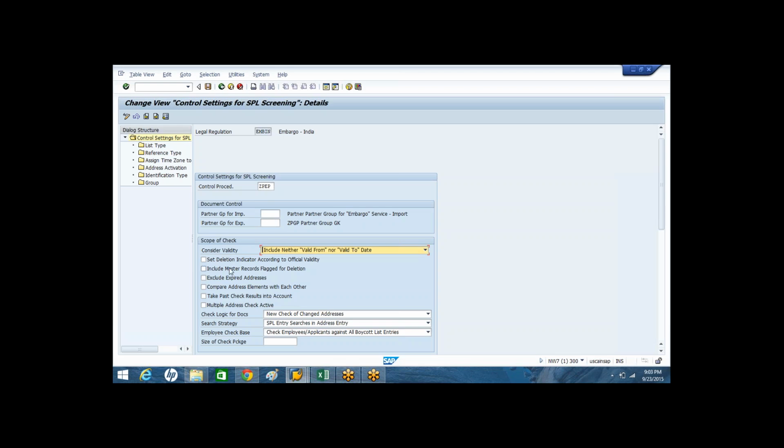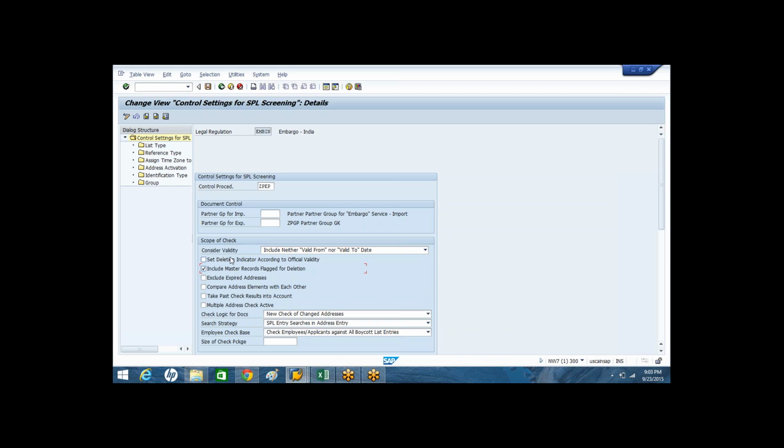And the next thing is including the master record for deletion. As you know, in our business process, there may be different business partners who are flagged for deletion. I think many of you are aware of that. You can give a deletion indicator to your customer, to the vendor, or to the respective master records.